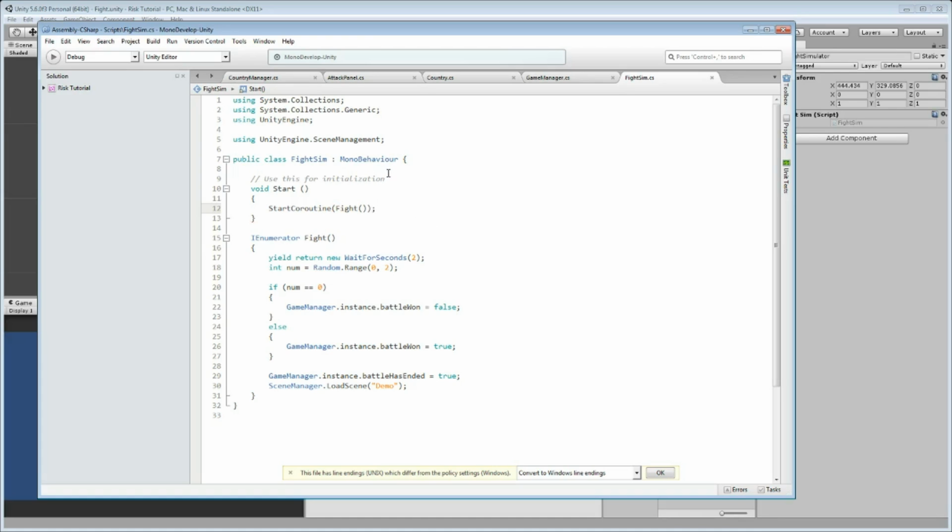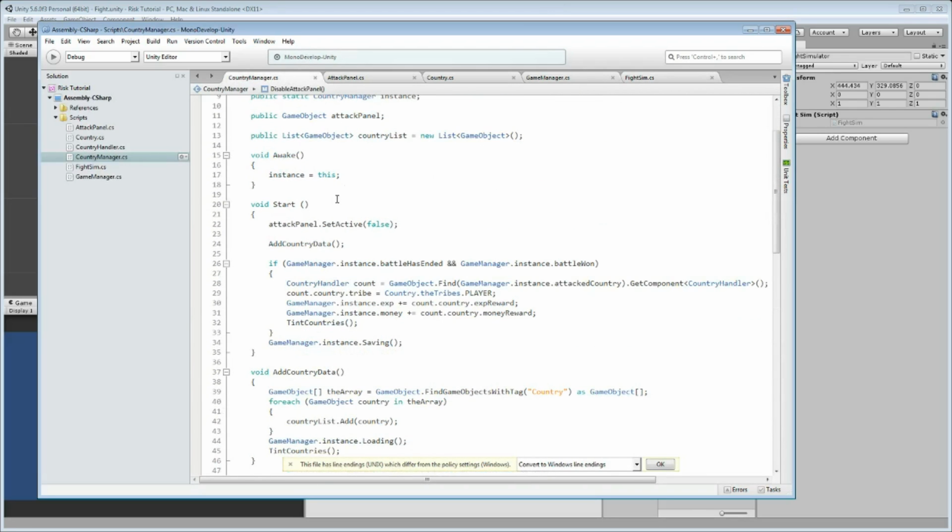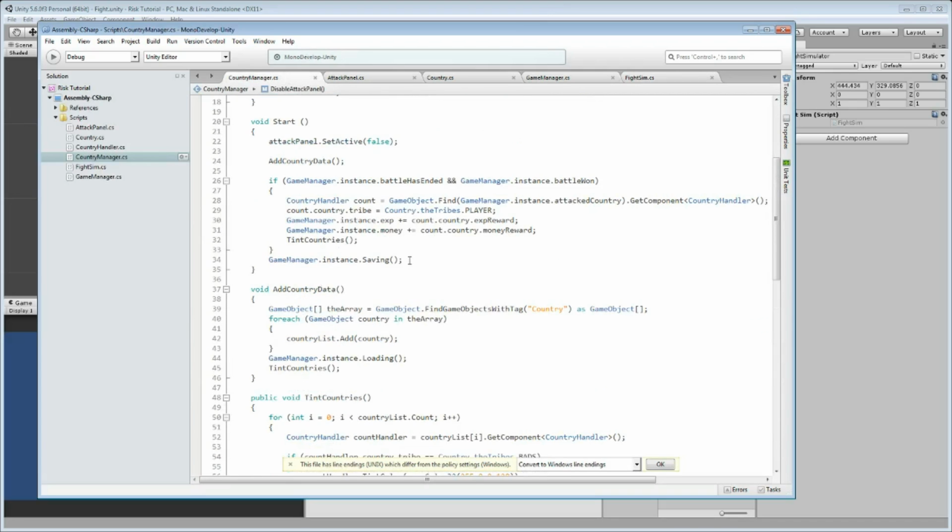So when this fighting simulation is going to start, it's starting the coroutine, waiting for 2 seconds, choosing a random number, and telling us if we have won or lost depending on that random number. Then we also set that the battle has ended, and we want to load back to our normal country scene. And when this is happening, we're gonna load the country manager once again, and everything in here will go over. We also will go over and save the data, and of course load the data if there is any